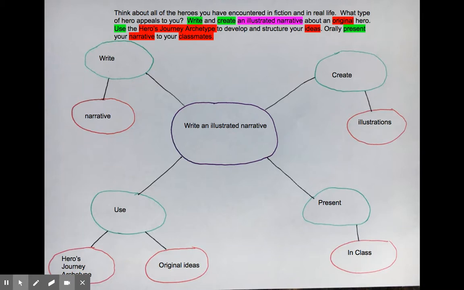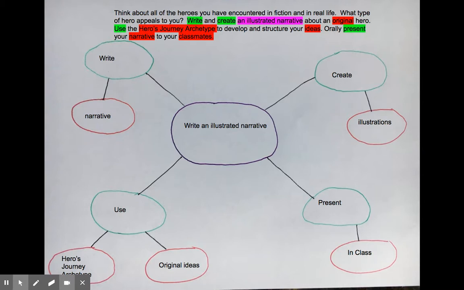Basically, to give it to you most simply, is the hero's journey archetype. An archetype is simply a pattern. It's a pattern that stories about heroes have followed for thousands of years. You go back to Greek mythology, you go back to stories in the Bible, even. You go back to stories from the Middle Ages, the legend of King Arthur and pulling the sword out of the stone, and everything from the Middle Ages all the way up to modern day, where you talk about movies